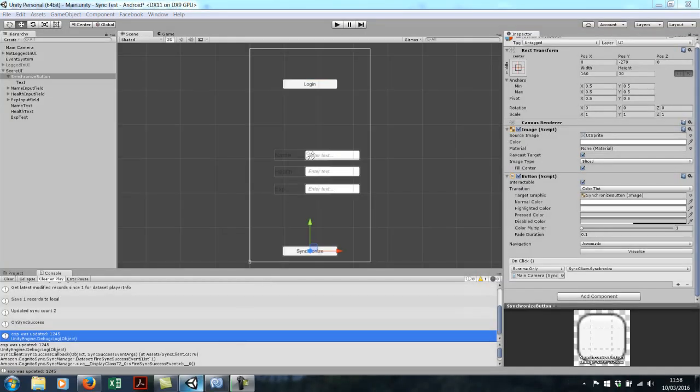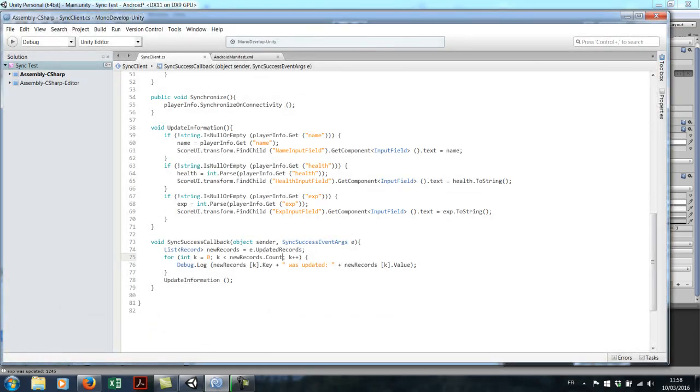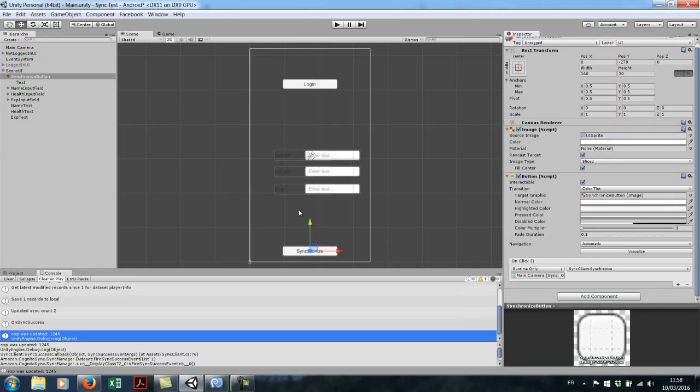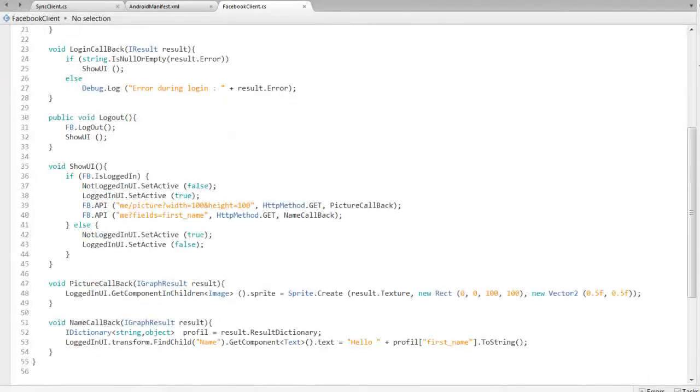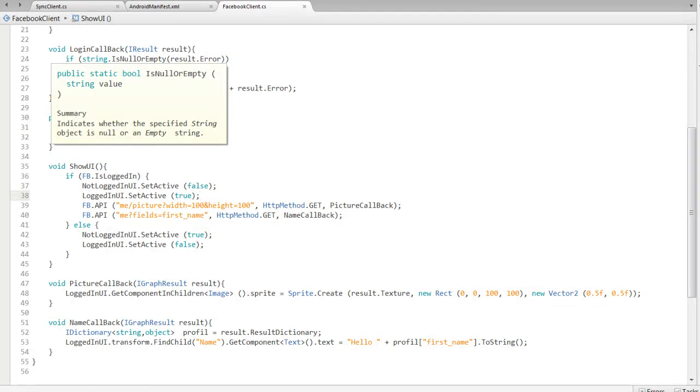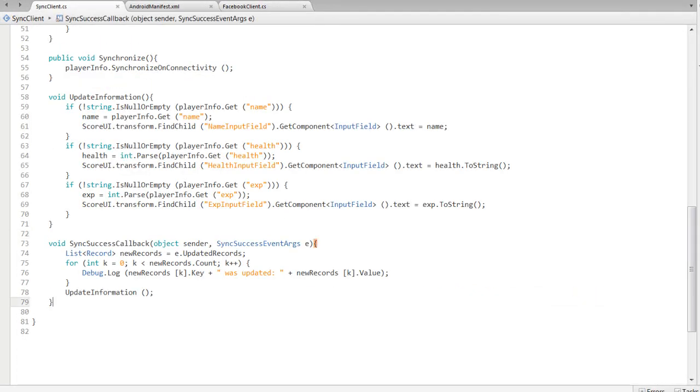The next thing we want to do is to link our Facebook identity with our Cognito Sync client. So to do that, I'm going to go back into our Facebook client script, and it's kind of the same as the one I was presenting you in a previous tutorial. And when we are logged in, we are going to need to send something to the Sync client. So in the Sync client, I'm going to create a public function,